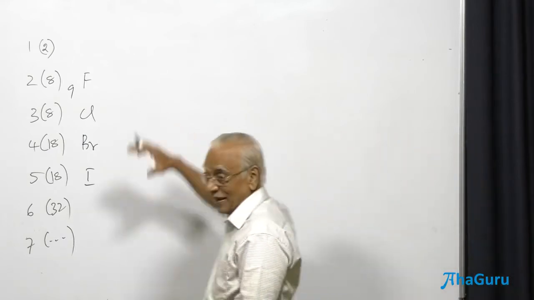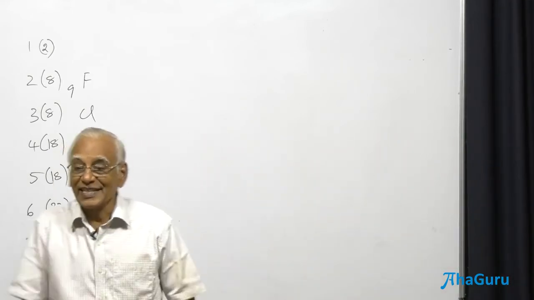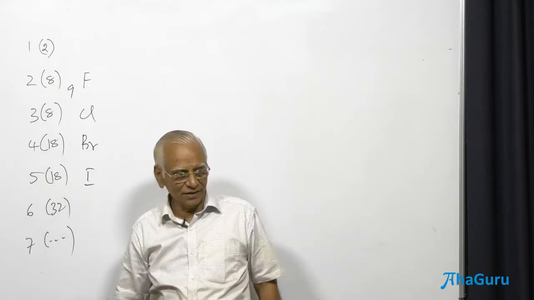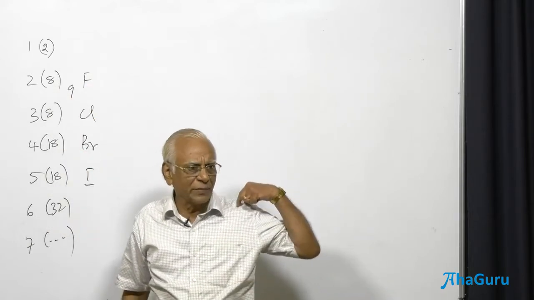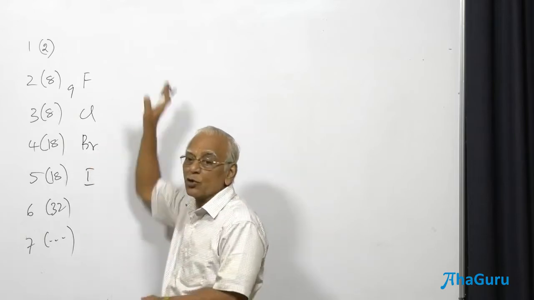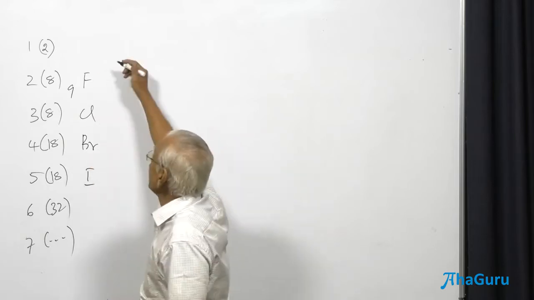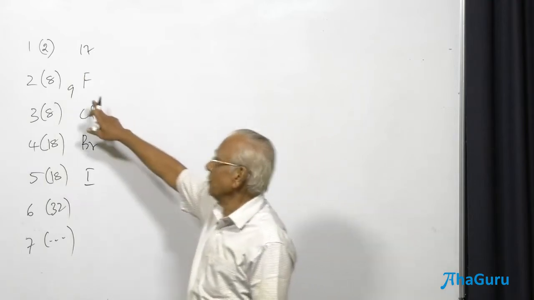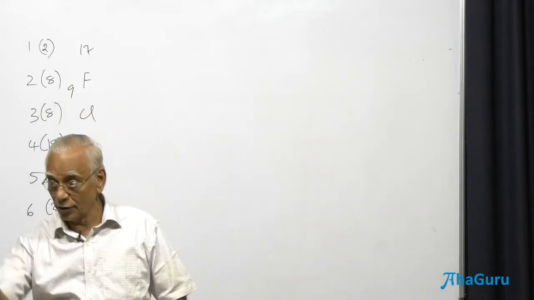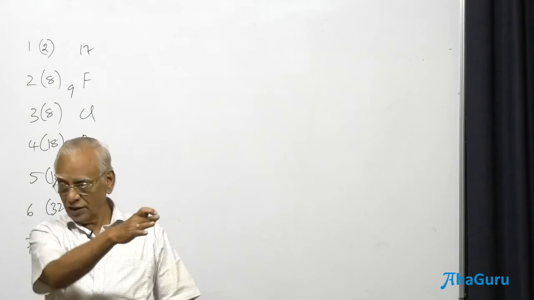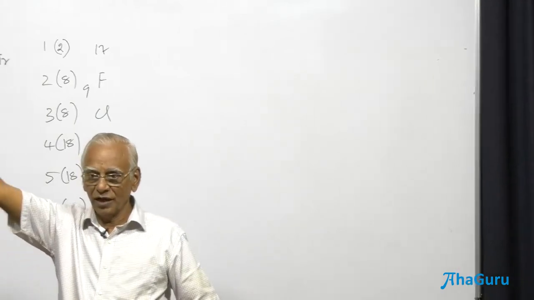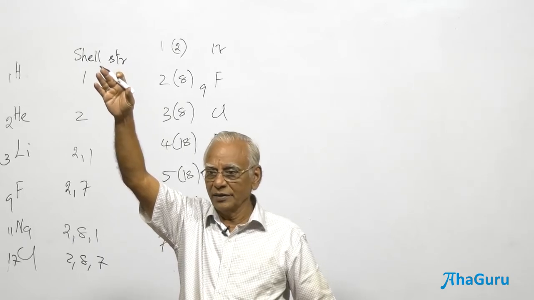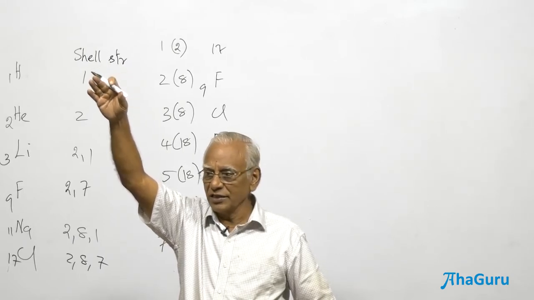Now, these are the magic numbers. If you remember the 2, 8, 8, 18, 18, 32, from this I can write the atomic number of any element provided I know the group and the period. Let me take group 17. I must know the atomic number of fluorine is 9. Sir, I do not know. Lastly, the first 10 elements you should know: hydrogen, helium, lithium, beryllium, boron, carbon, nitrogen, oxygen, fluorine, neon.